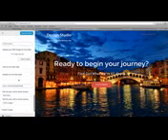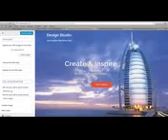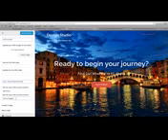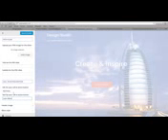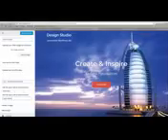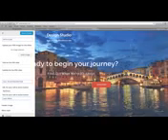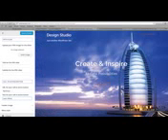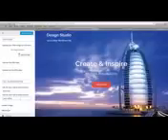Otherwise, just come down to the bottom and come down to the section that says call to action button. And what we're going to do right here is change the text to learn more. And then if you want to put in a URL to redirect people to another page once they click on this call to action button, you can paste that in right here. Otherwise, just leave it as is, and all it'll do is if people click on this, it'll go down to the next section, which is the services section. So what I want you to do is click save right here, and then we're going to move on to